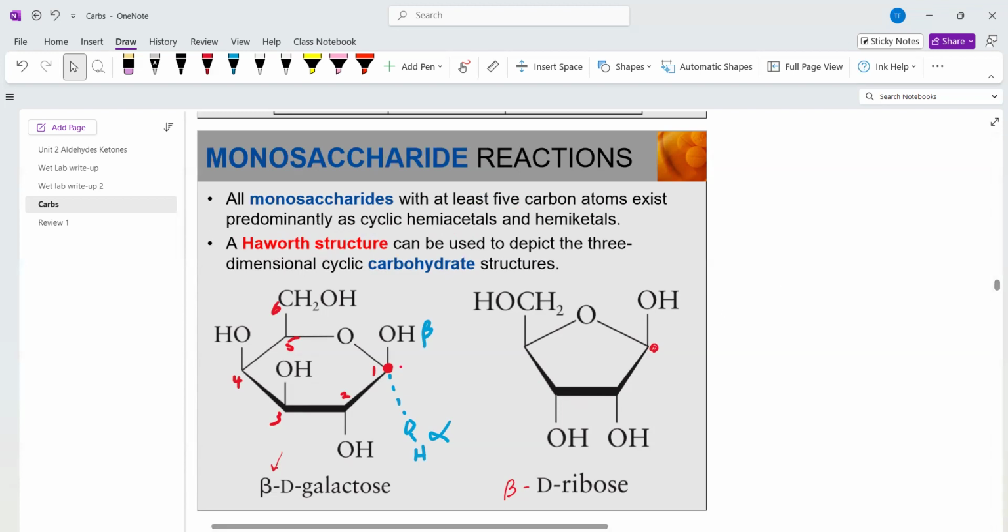I don't know if you've heard of galactose before. If you've taken anatomy and physiology, you probably have heard of galactose in terms of the nervous system. Galactose is one of the monosaccharides you're going to need to know. There are going to be three of them: glucose, galactose, and fructose. We're going to be going through those